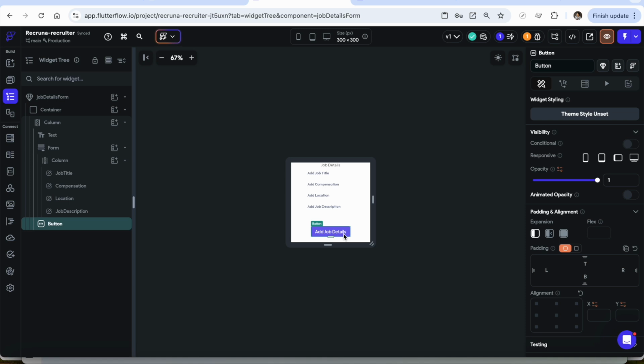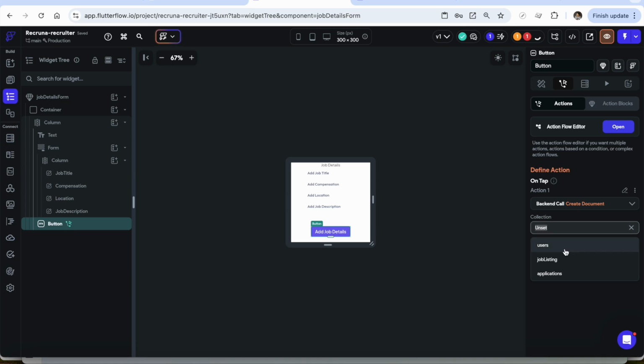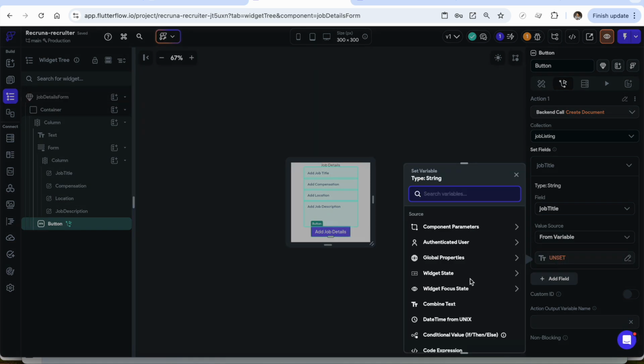So in Firebase, the nomenclature is job listing is a collection. Each item within that is called a document. So whenever I call something a document, I'm referring to that, right? So when I say add job details, I'm going to this action, I'm going to say create document, right? And it's asking me what is the type of document. So I'm going to select job listing, right? And within job listing, it's asking me to set the field. So first field that we are going to set is job title. From variable, the variable that we are going to use